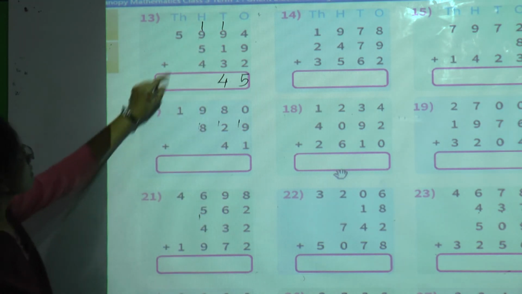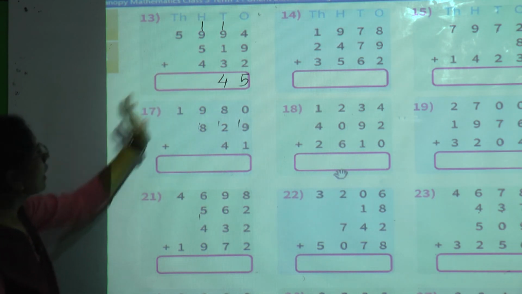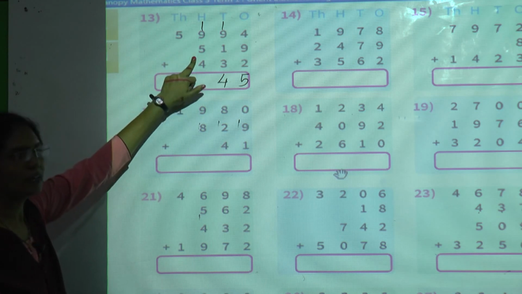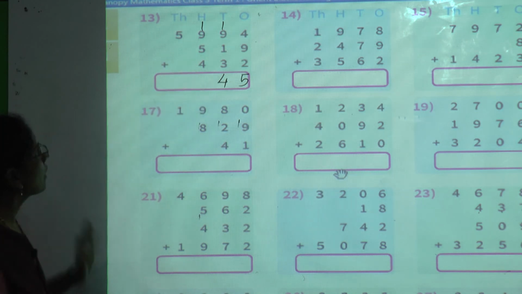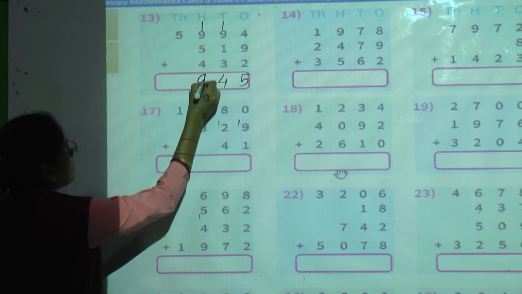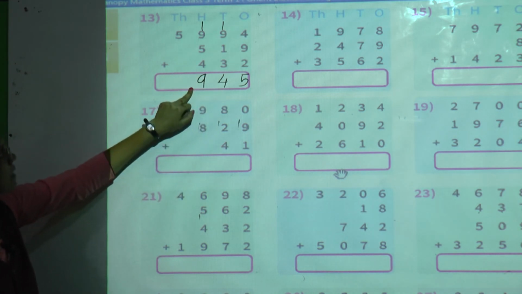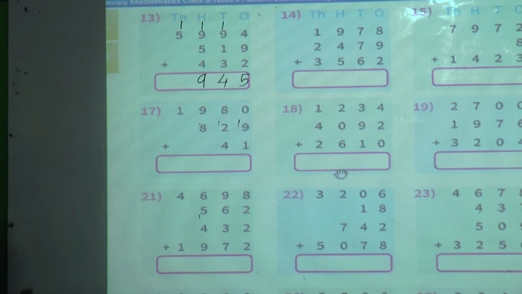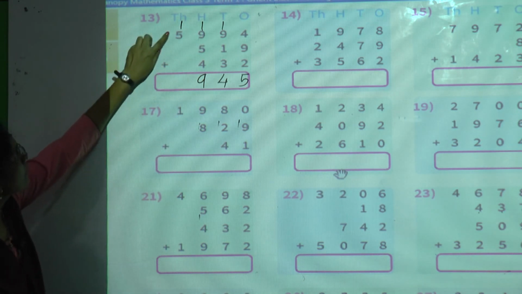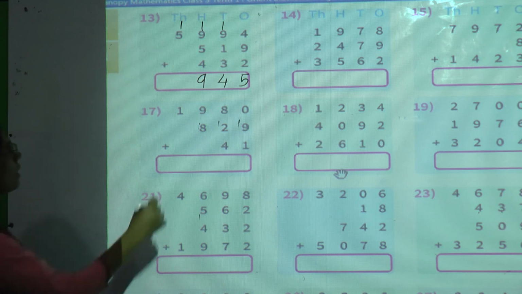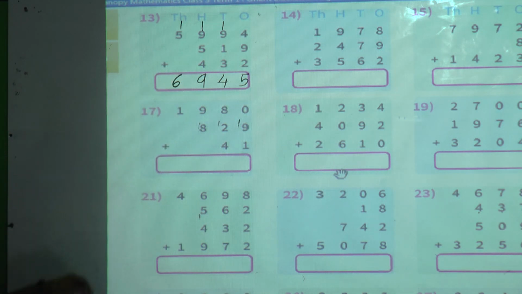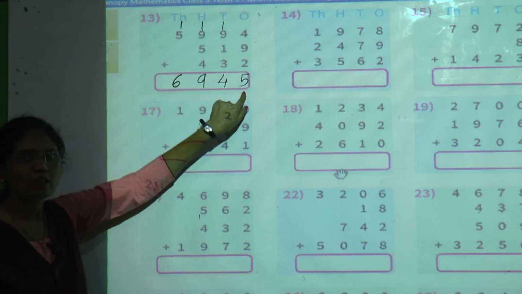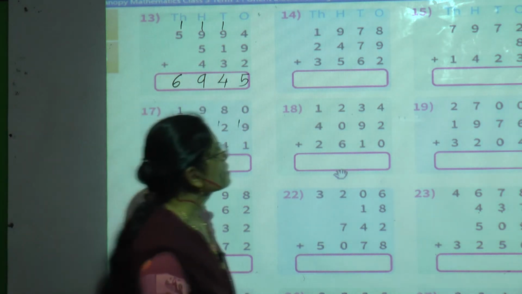Okay. Now see the hundreds place digit. At hundreds place 1 plus 9, 10. 10 plus 5, 15. 15 plus 5, yes 19. So we will write 9 at hundreds place and 1 we will give as a carry to the thousands place. Now see the thousands place. Here 1 plus 5, very easy. 1 plus 5, 6. So what will be the answer? The answer is 6945. Now we will see the 15th one.